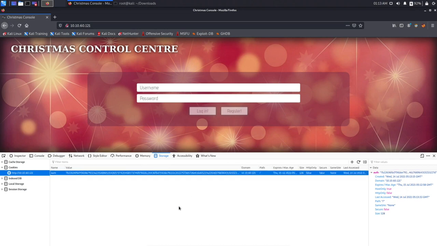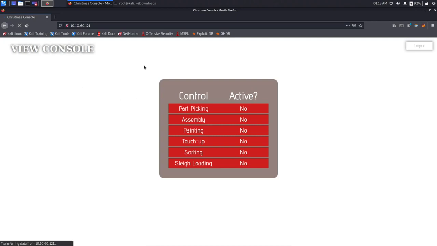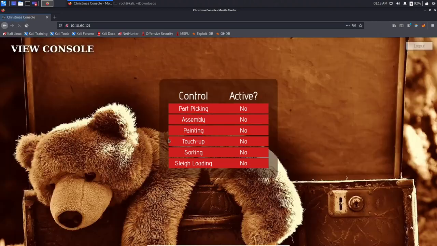Now if I refresh this website, I will log into David's account without even entering a username and password. So let's refresh from here. And you can see I just logged into the website without even entering a username and password.